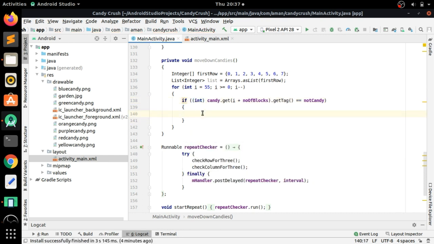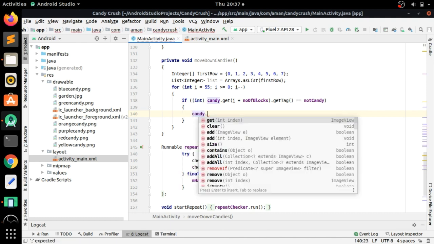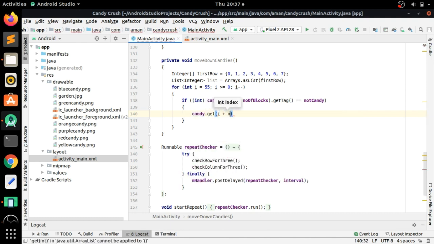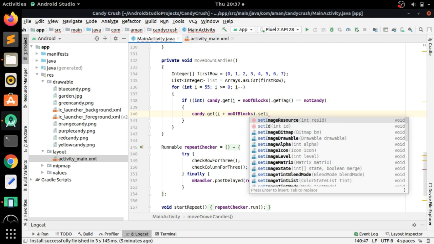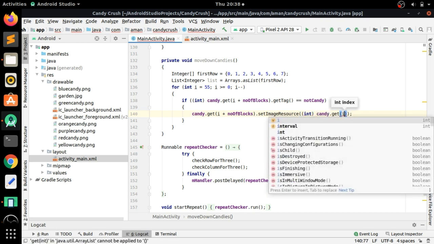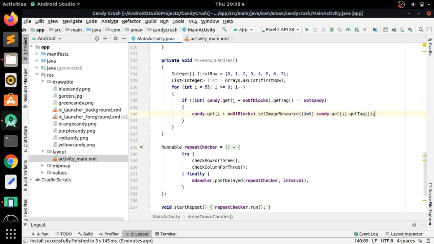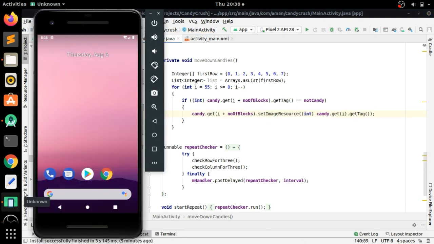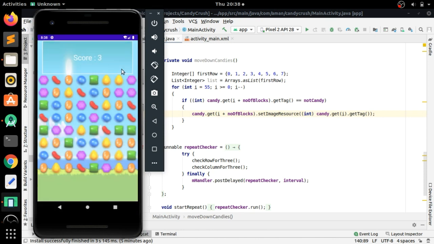And now inside this block we will set the image resource for that candy, that is i plus numberOfBlocks. Set image resource, and we will set the image resource, first we will cast it to int, and candy.get(i), that is at the top of the numberOfBlocks candy. Since we are checking adjacent candies for notCandy in a column, that's why we are adding this code for set image resource of the bottom candy by the top candy,